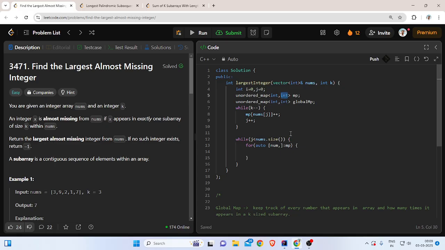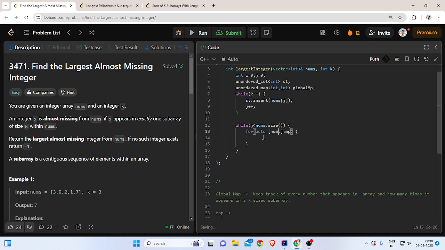So technically, we don't even need this. We can just have a set as well, right? st.insert nums of j. So yeah,